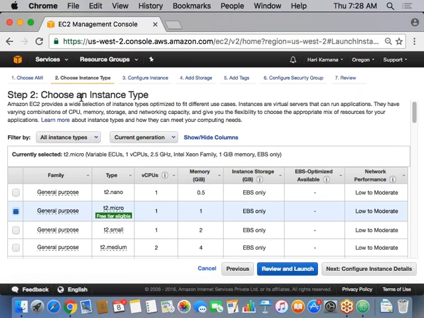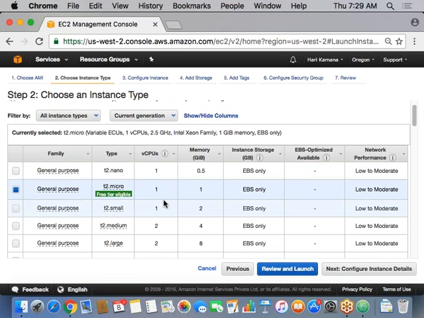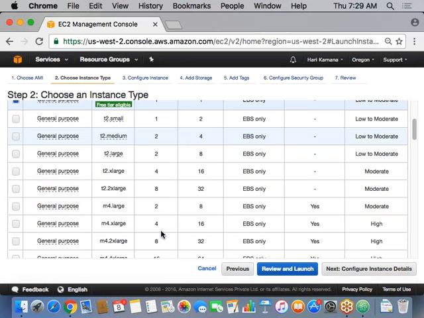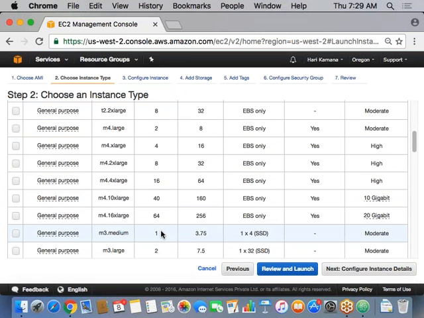It's asking for the instance type. There are different instance types with different CPUs and different memory. Some are compute optimized, some graphics optimized, and some data optimized. So based on the need, we should choose the right one. Let's say I'm creating a cluster for big data processing. Someone wants to process big data and asks me to create a cluster. Then probably I need to choose the family